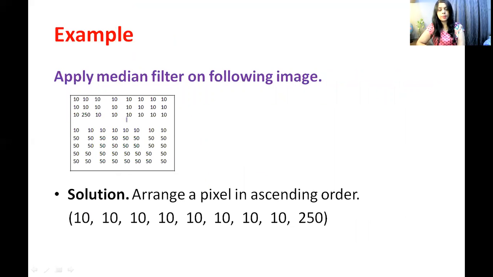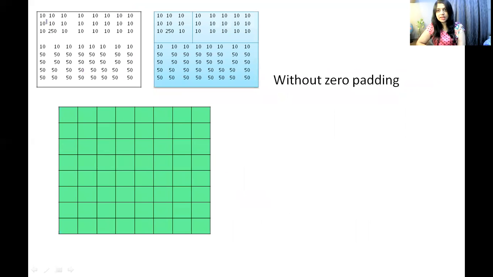So this is your image. Now this is the image given. You can see that everywhere there is one value, that is 10, 10, 10, 10, 10, and here there is 250. In this area there are all same gray intensity level pixels, that is all 50. 50 is very grayish, 10 is more towards black, and 250 is perfectly white. So this is a white pixel in the black area or very dark gray area.